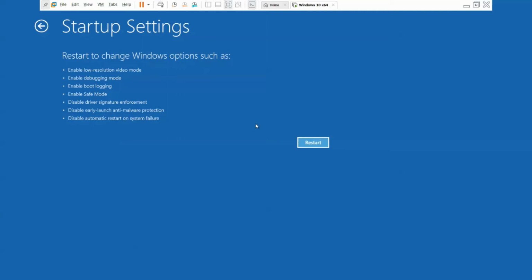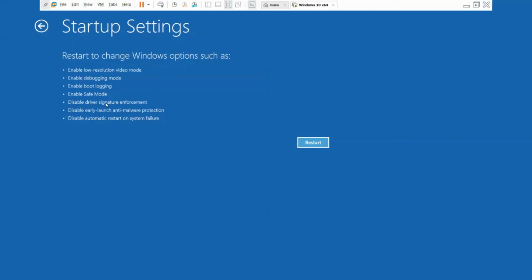But when your Windows 10 or Windows 8 restarts, it will ask for different options to enable or disable. So 1, 2, 3, 4, 5, this fifth option, that is disable driver signature enforcement, we have to focus on this option.